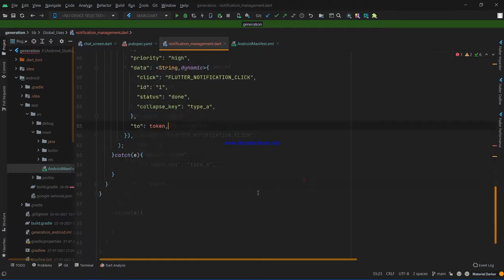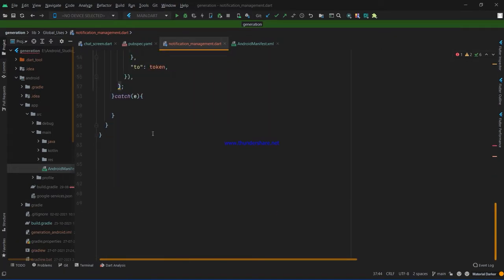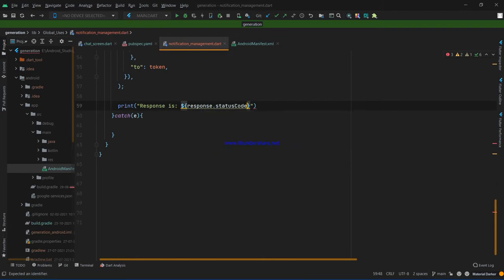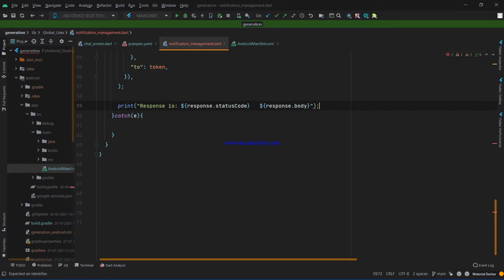Okay, so for the debugging purpose, after here completion, we have to print that response is and response dot status code, so we understand if it is doing right way or not, and response dot body.